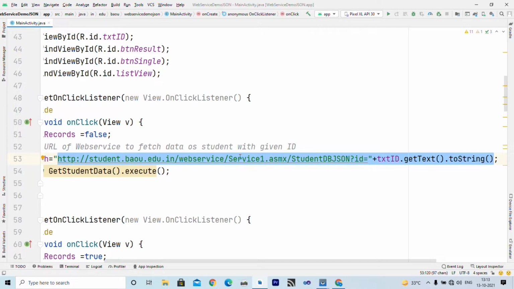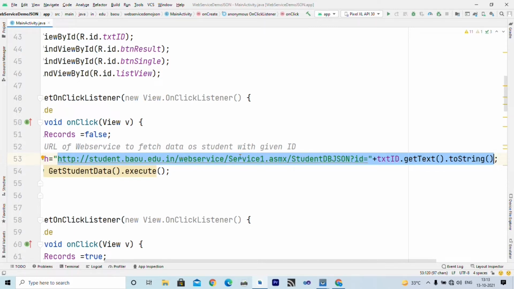The URL is student.baou.edu.in/webservice/service1.asmx/studentdbjson, and question mark ID equal to the ID entered by the user in the edit text, for example 1.